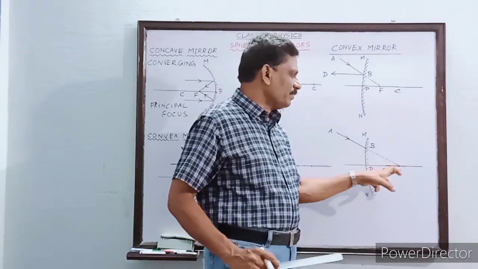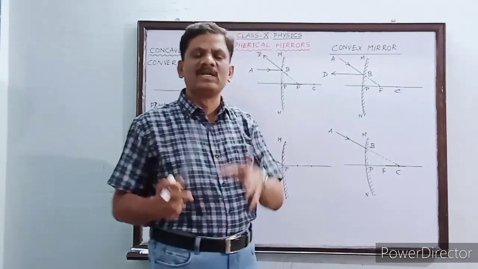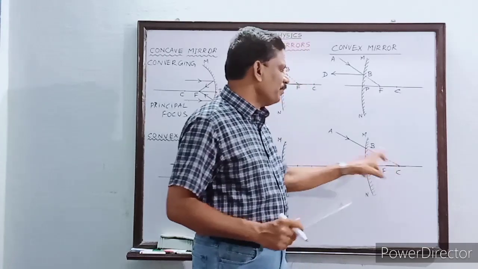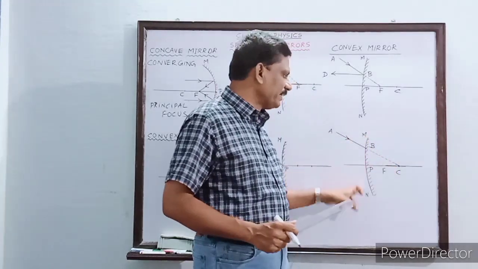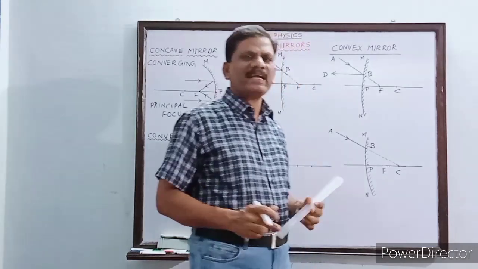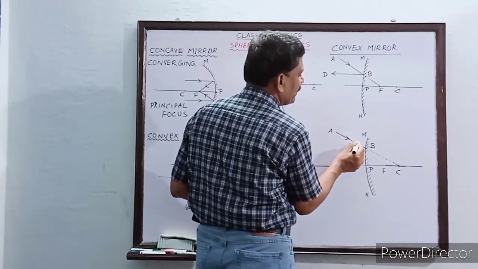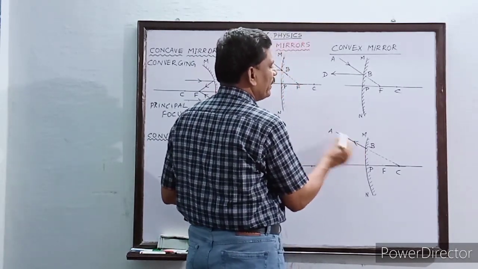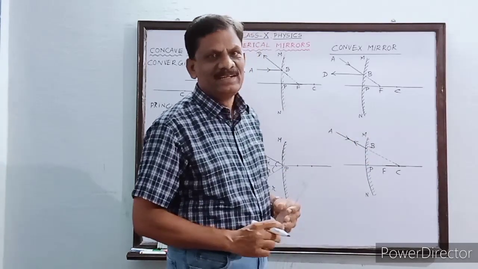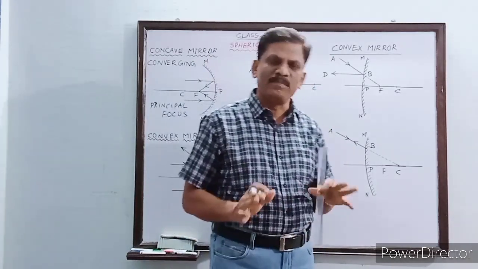And the distance from the center of curvature to any point on the surface of the mirror must be equal to what? The radius of curvature. And that line is called what? The dotted line BC is perpendicular to the reflecting surface, so it is called normal incidence. So the reflected ray must retrace the same path. So the arrowhead is reversed like this. So this is the reflected ray. AB is the incident ray, which means BA is the reflected ray. Understand? So this is retracing its same path.